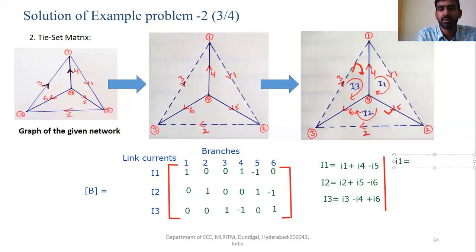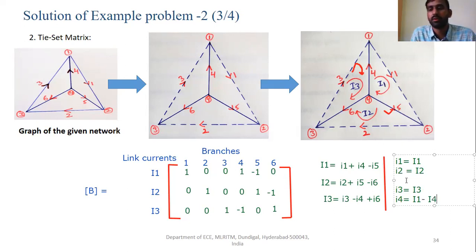Small i1 is equal to capital I1, small i2 is equal to capital I2, small i3 is equal to capital I3, small i4 is equal to I1 minus I3.